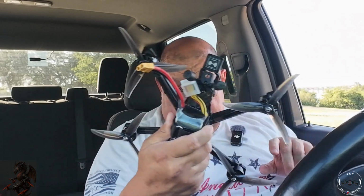Dang, that sucks, man. It just cut out, though. Literally, it just cut out. And I'm shocked about that. But anyway, guys, we'll have to test this again later on. Let's go ahead and test the props. Let's make sure they're tight,